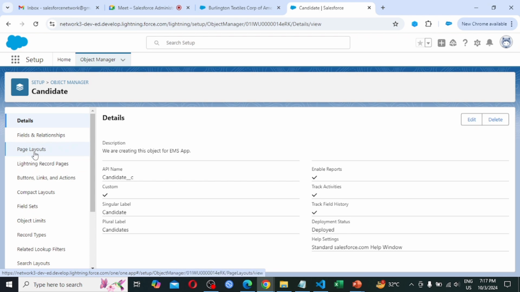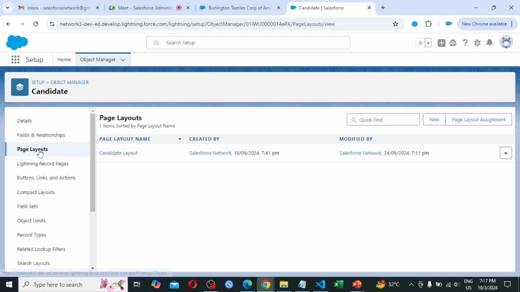Below that we are seeing the page layouts. Click on this. So this candidate layout is already created. As this is a custom object, we had not created this layout. When we are creating the custom object, at the same time Salesforce creates this first page layout and gives it to us. So if I need to create my own page layout, I simply have to click on new,